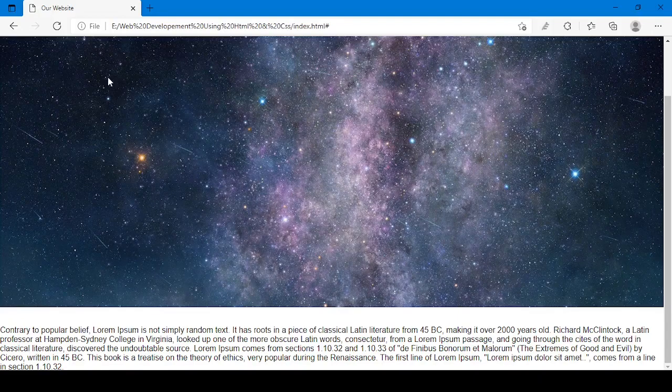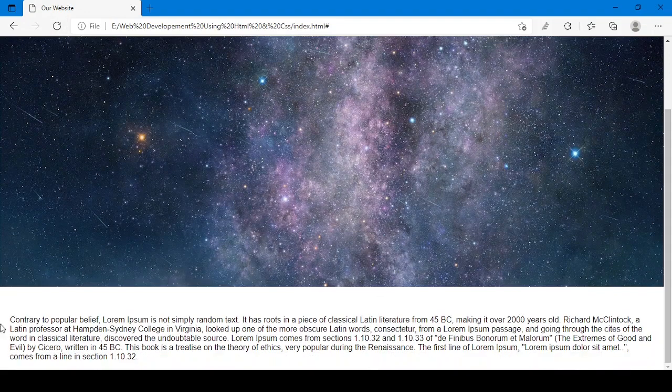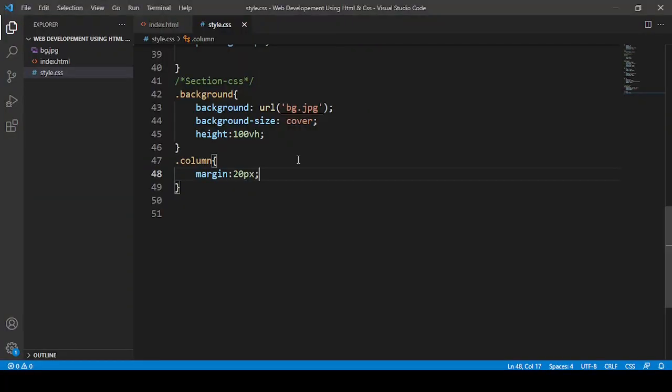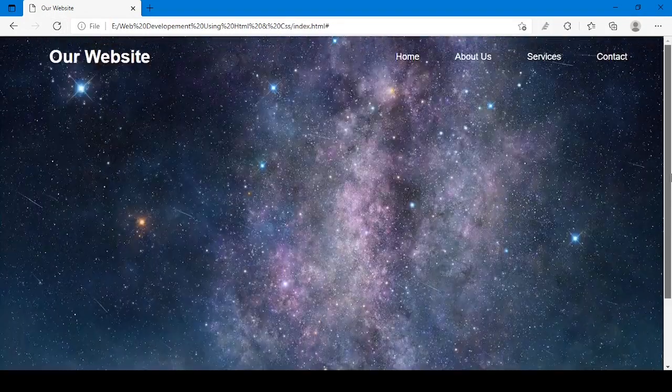Now if I say margin, see the magic, isn't it cool? From the top 20px, from the right 40px, from the bottom 20px, and from the left 40px. Now if I just reload, see, now it is very okay.